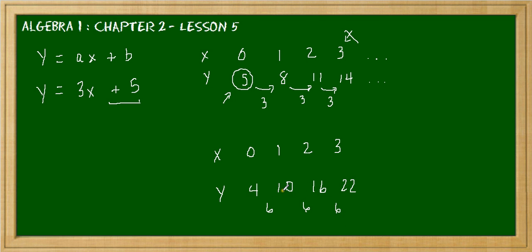So 4 to 10 is 6, to 16 is 6, to 22 is 6, and our value over here is 4. So what would our equation be? Well, y is equal to 6, which is this value, times x plus this value 4. So that would be our answer there. Okay,